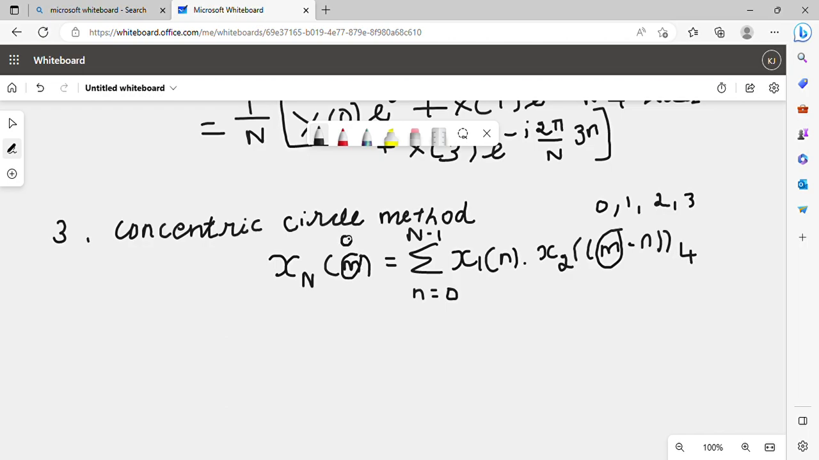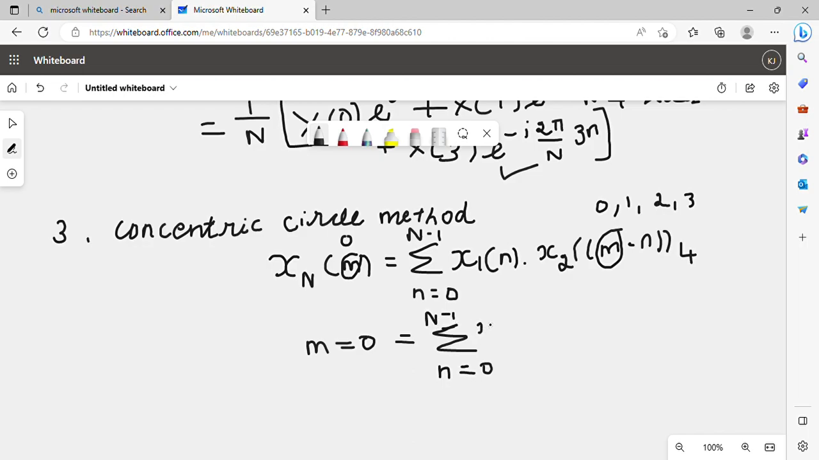If you substitute m is equal to 0, you're going to get your equation as follows. Why I'm writing this equation is because it is the same for all the concentric circle method with respect to 4-point DFT. This equation is also the same for all the 4-point DFT, right? Nothing changes, only your values change. Here your sequence changes, that's all. I'm going to tell you this again. So it is the summation of n is equal to 0 to N minus 1,